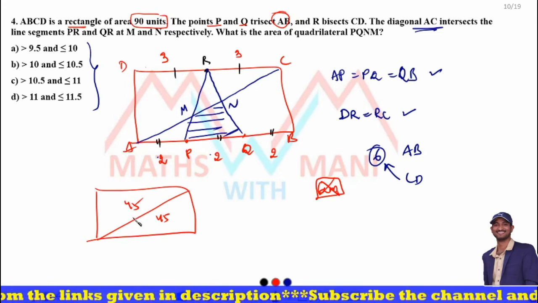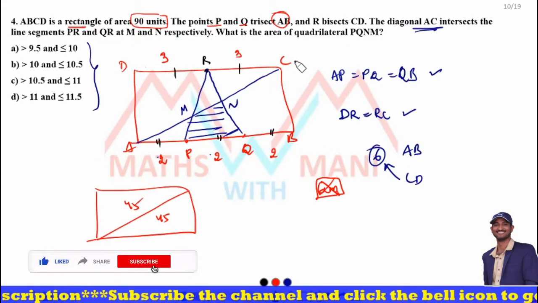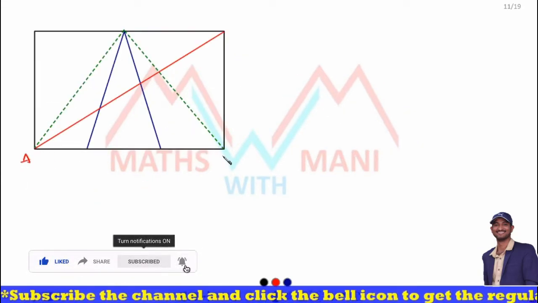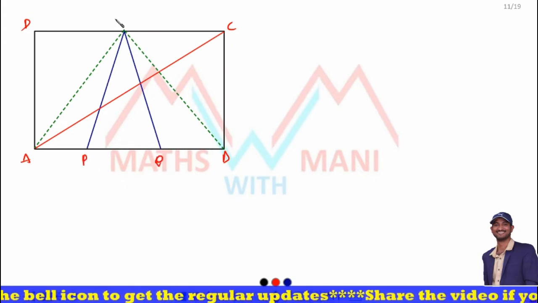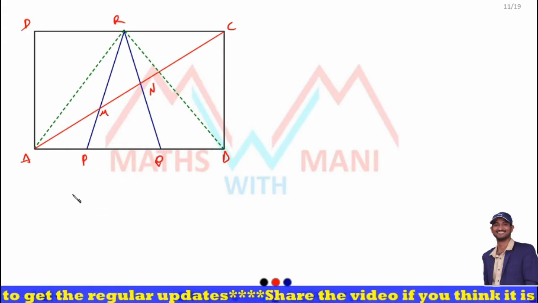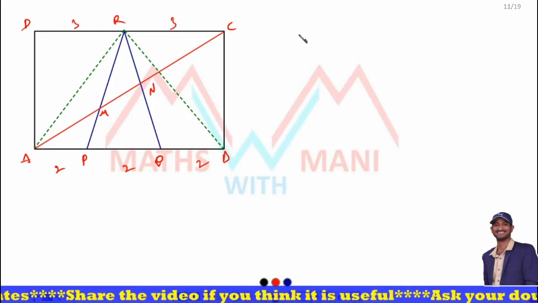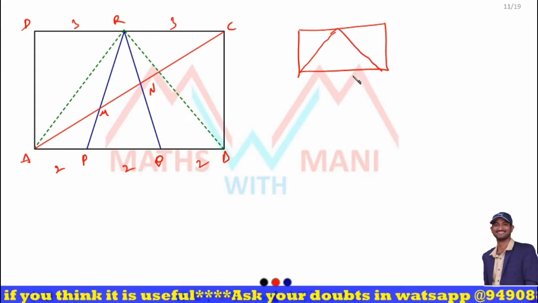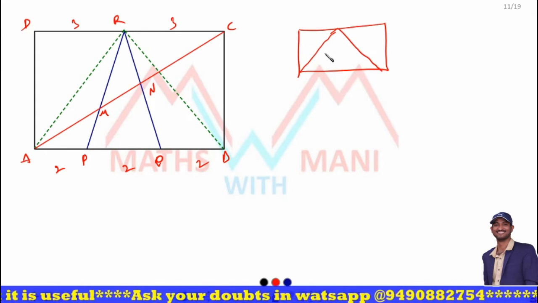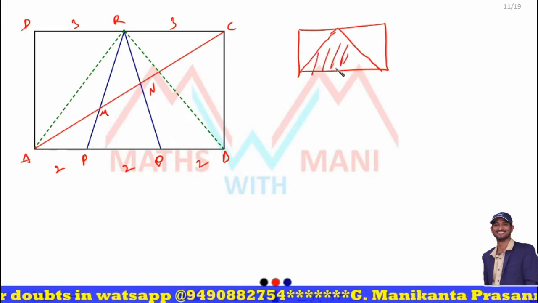But here that is not what is important. Let's see what is important here. This is A, B and C and D, and it is P, Q and R, and it is M and it is N. This is 2, 2, 2 and it is 3, 3. Now observe, in a rectangle there is a triangle. We already discussed this for rectangles and also parallelograms. If the area of the rectangle is delta, then what is the area of this triangle? Half of the rectangle.